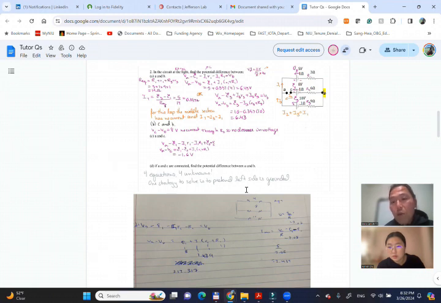But one thing I want to tell you, still, the current should come out of the battery at the positive symbol. All the current should come out of the battery and then flow back to the battery too. But you can think of I1, and you can set up I3 in the opposite direction to I1 or the same direction as I1. But once you solve the problems with the loop rules and the junction rule, if the current value is negative,